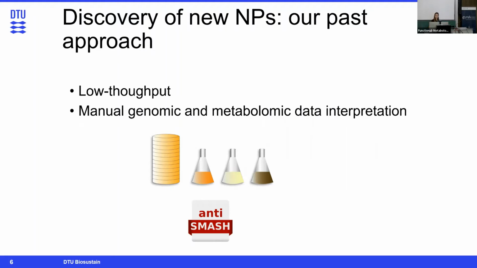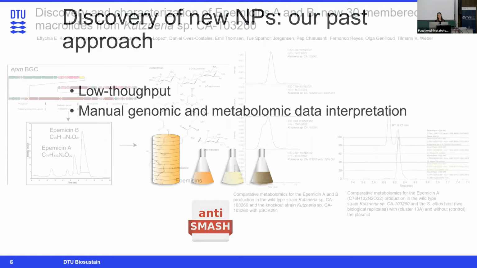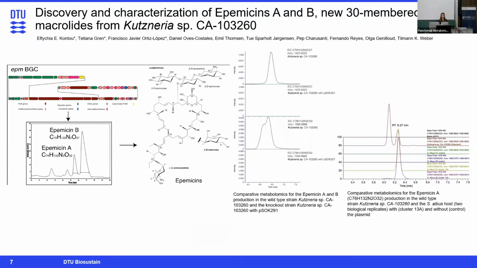I won't get into that. So one example of how low throughput our old method was, was this paper, the discovery and characterization of 2 new macrolides called epimysins A and B. So we looked at the genome, as I said, very intensely for days, and we figured out that there's this